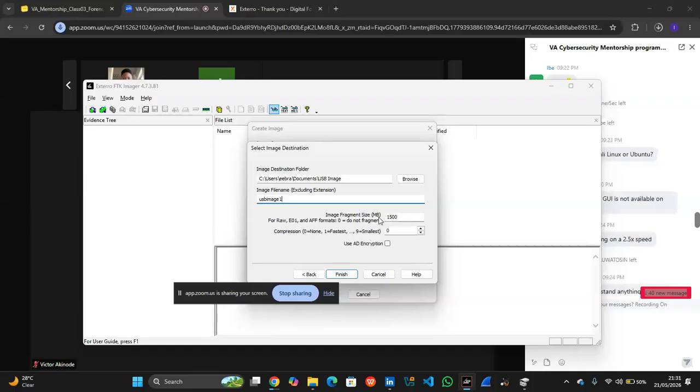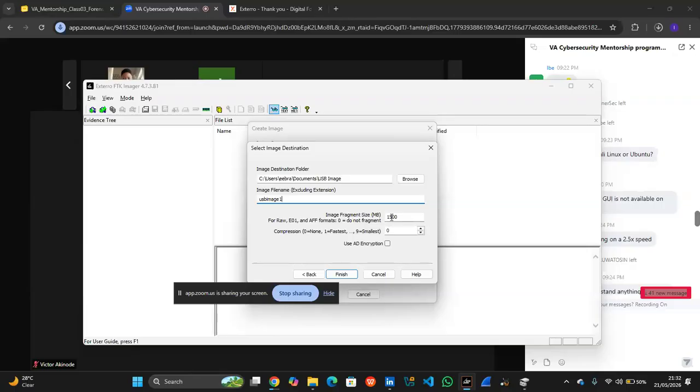This is very important because if you try to save all this imaging data in one file, it's going to be too heavy to move around, send from one computer to another, or forward. That's why it's important to fragment it, so each file has 1.5 gig until the image is complete.